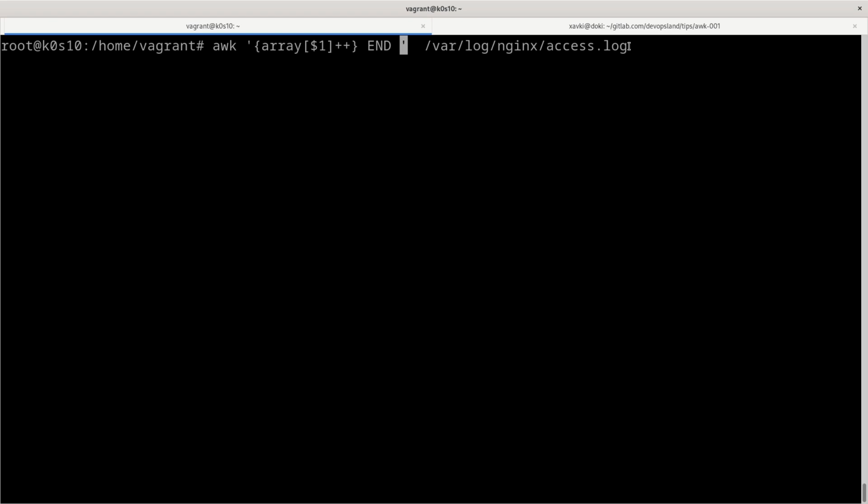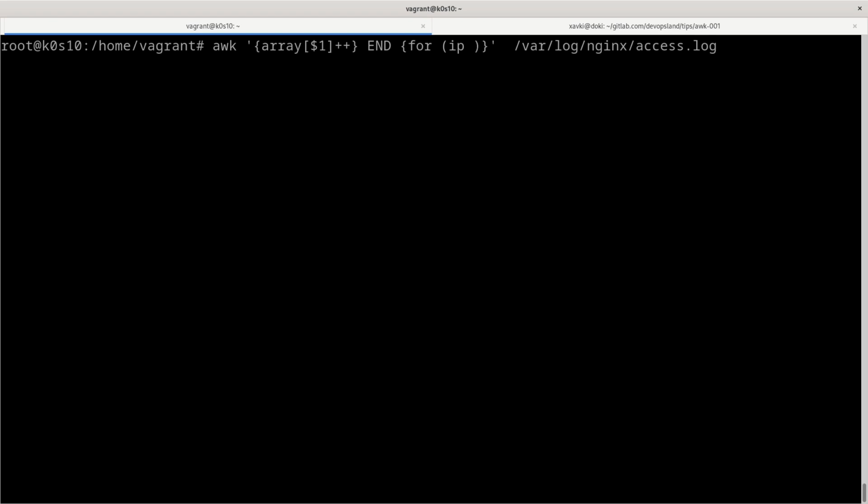So we use END, and after that we open curly brackets, and we can use the for loop of Awk. To use the for loop of Awk, we need to write the loop with a variable, IP.